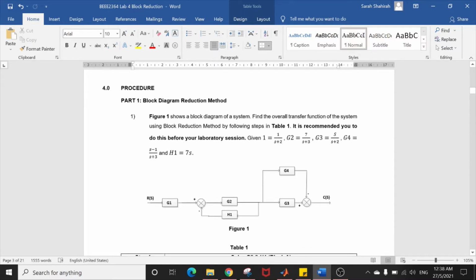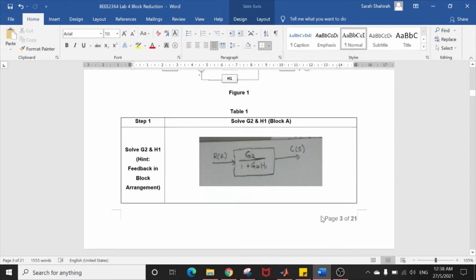Hi and Assalamualaikum. My name is SHAHIRAH with HIB, and today I would like to present about our lecture 4 on block reduction method. For part 1, this is the question and this is the answer for G2 and H1